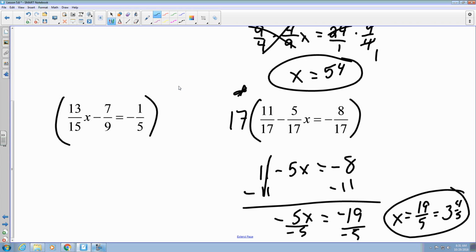So you could multiply them all together and get a value, but I believe, let's see, I think 45 is going to be our value because